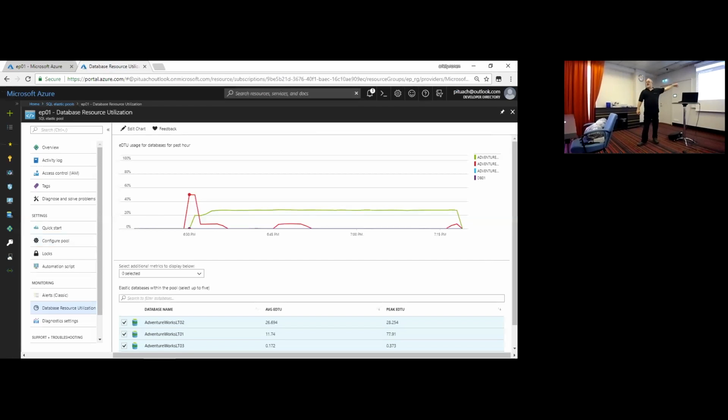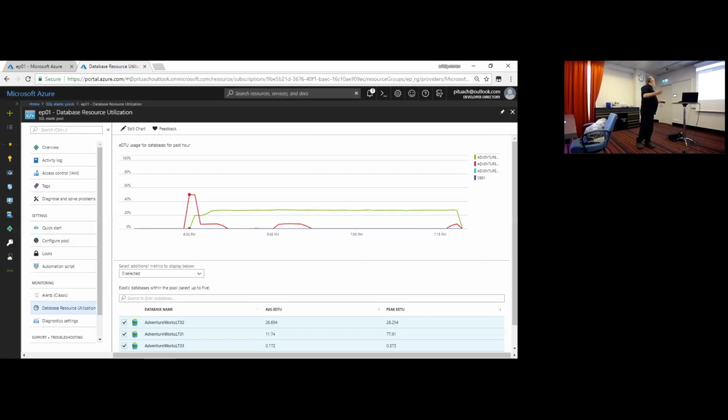In this graph, for example, you might notice in a rare case that you have one database that uses everything and all the others are down here. This is a classic case that in most cases means that maybe we need to take this database outside the pool. It doesn't behave the same as the other databases.